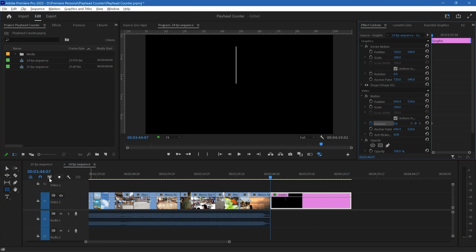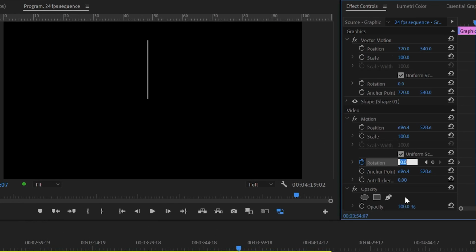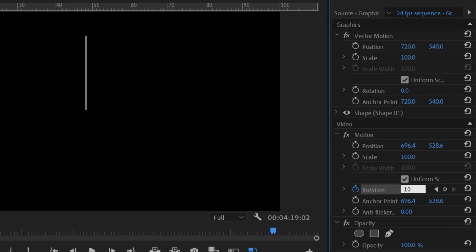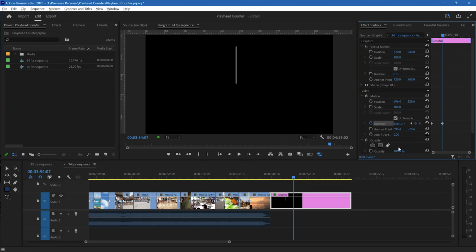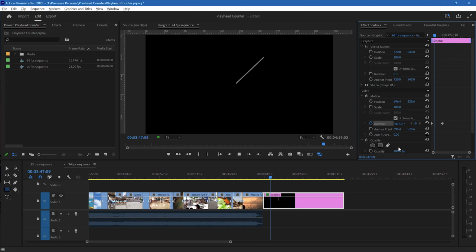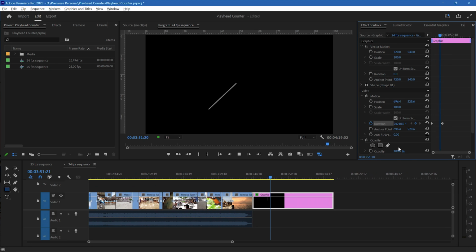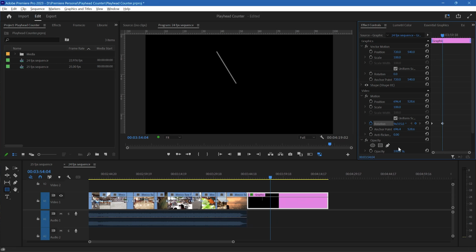What I then need to do is move forwards 10 seconds. So I just put in plus 10:00 for 10 seconds and no frames, and that's the point that we're there. And we want it to rotate 10 times, so I'll just put in here 10x for a rotation 10 times. Going to press the up arrow to go back to the beginning of that clip and press space to play it, and you'll see that it's rotating once a second. It will rotate 10 times and then it will stop. So that's a simple way in which you can